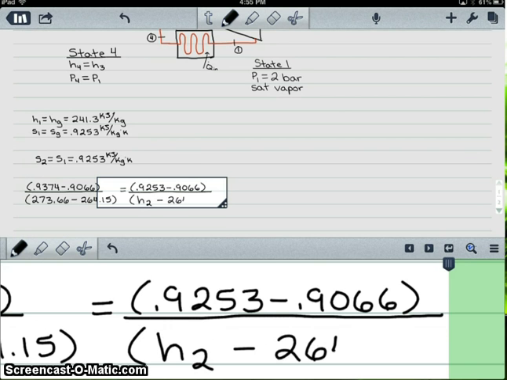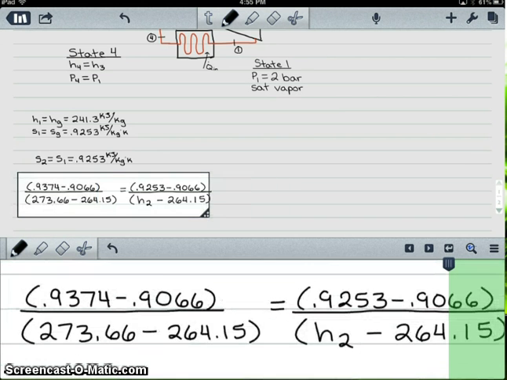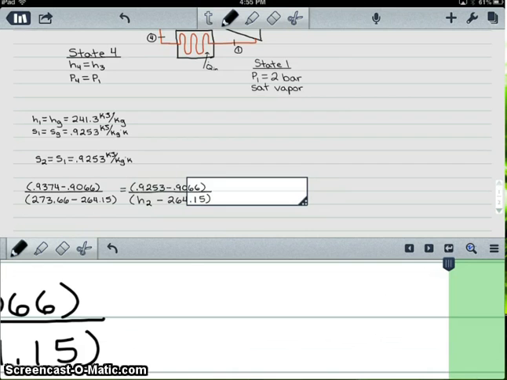Okay, now there's our total interpolation equation, which, when you simplify,